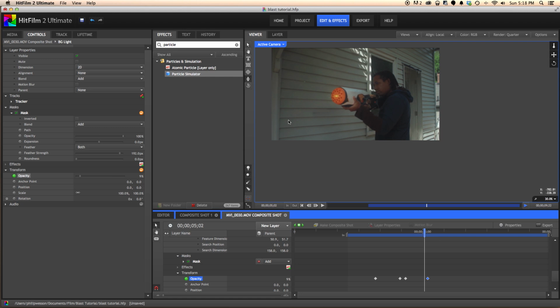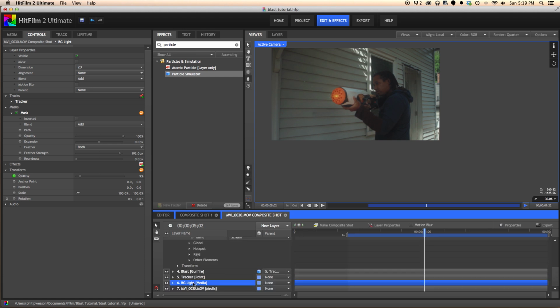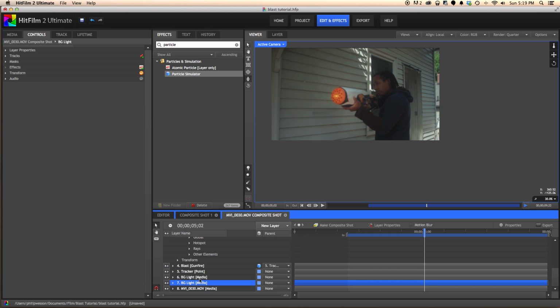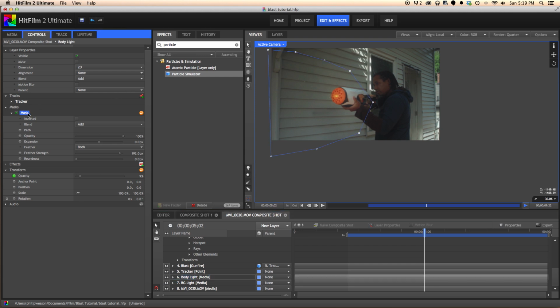And that's great for the back wall, but that doesn't address my arm and my face and body over here. So an easy way to deal with this is just to duplicate the background light. It already has all the opacity keyframes set, and I'm going to change this to body light. I'm going to delete this mask,